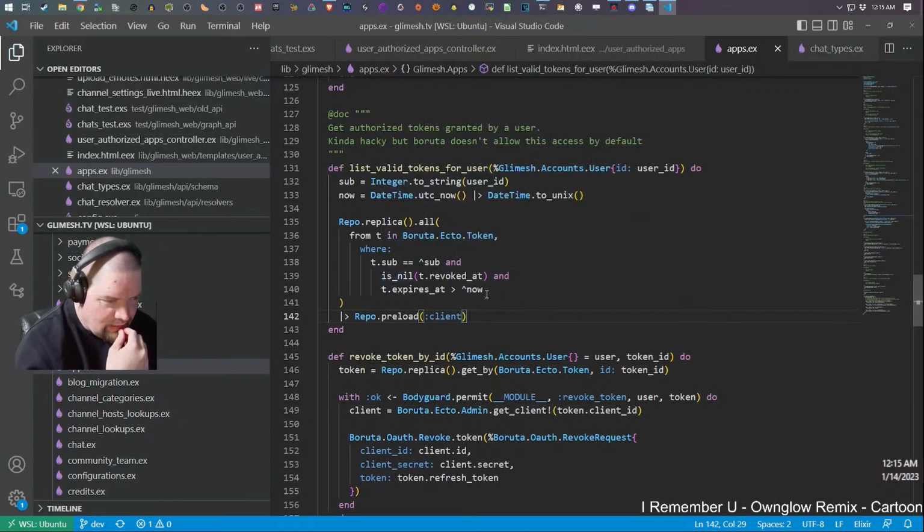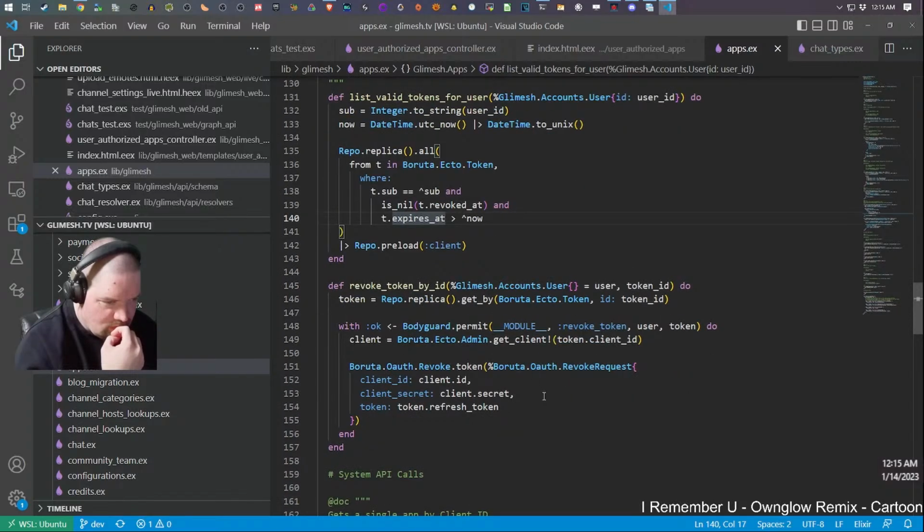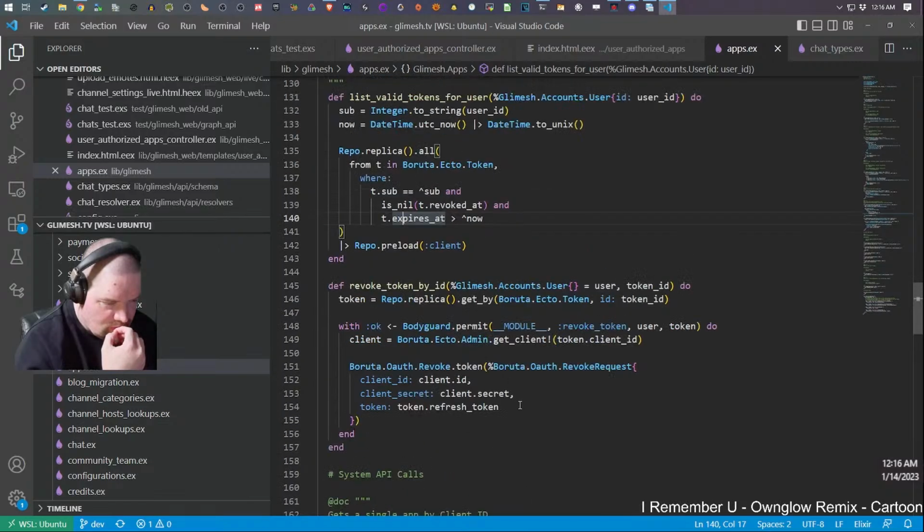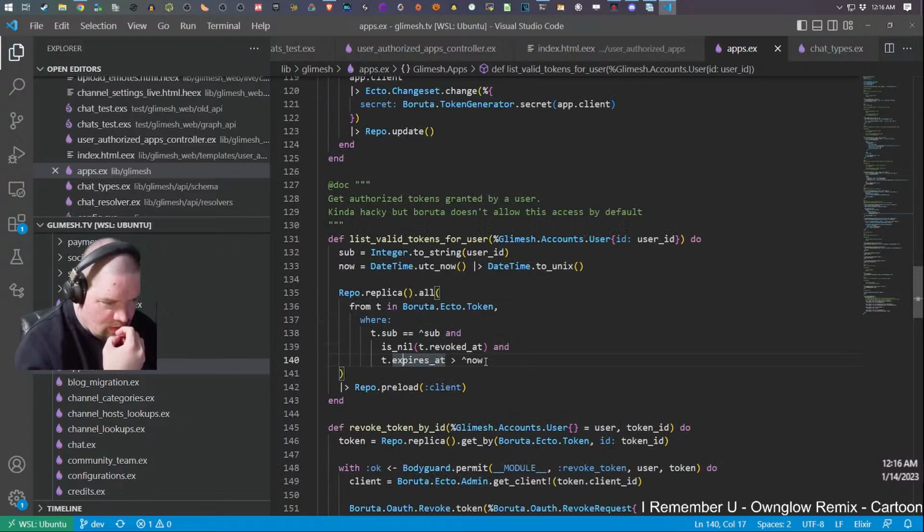I always just bring it back anyway, regardless of expires at. Probably. Token by ID, get client. Yeah, you know what?